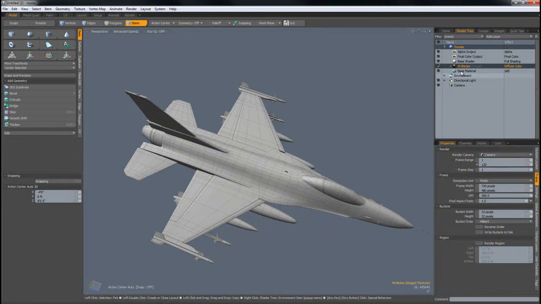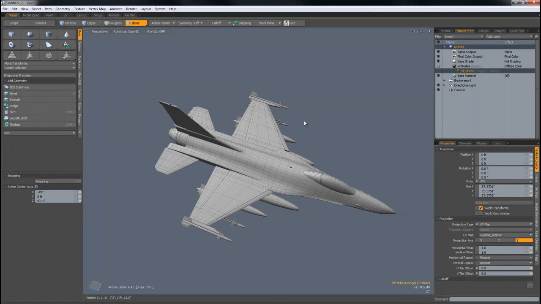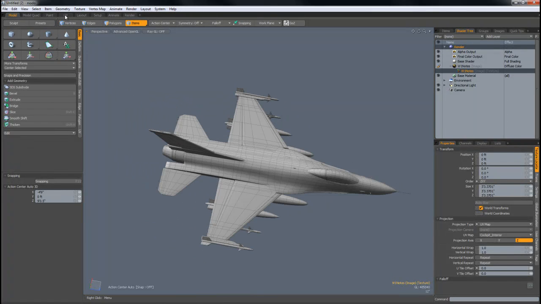So the way we tell it is with a locator. So inside the image is this. If you press a little plus here, there's a locator. So click on that and click up here on texture locator, and we're going to leave it on UV map, which is basically the map that tells it how to apply the texture. So go up here to the UV tab up on the top left, click that,